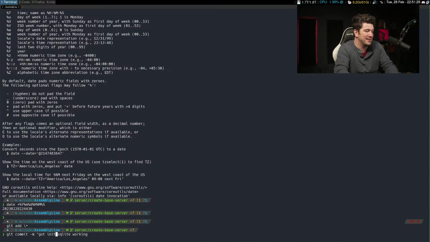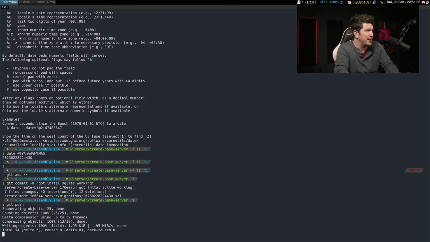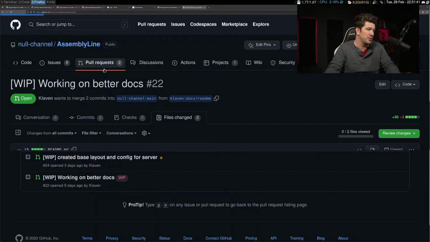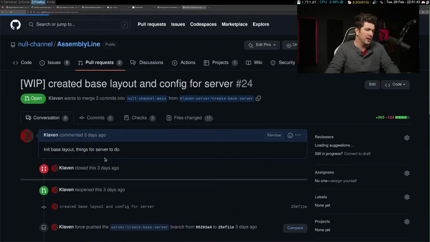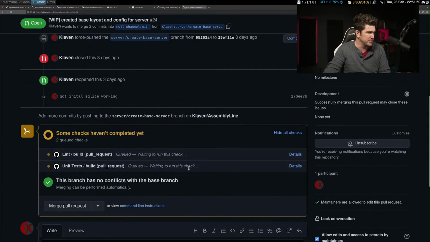Got initial SQLite working. Sweet goodness. That should update the pull request. I'm going to leave it in WIP because I honestly don't think this pull request will be ready until after Saturday. My goal is Saturday. This will be ready, and I'll request reviews then.